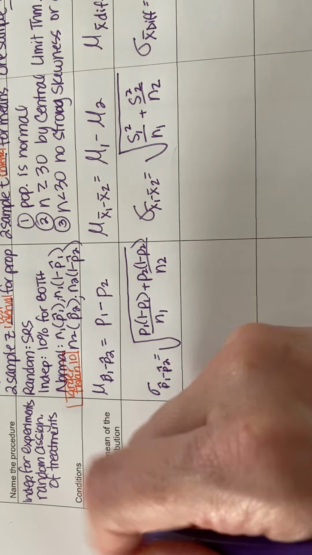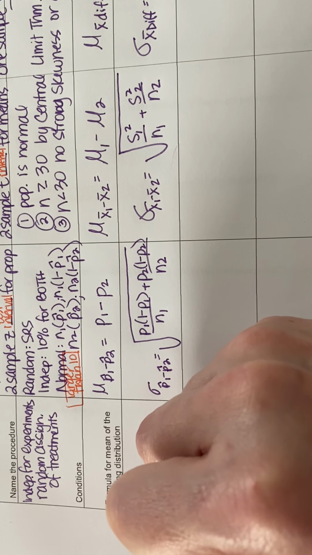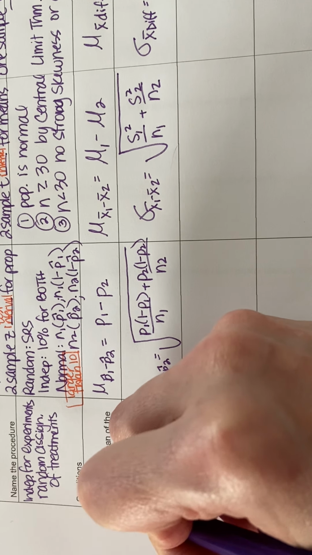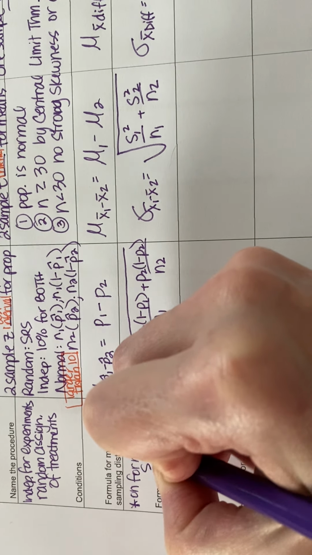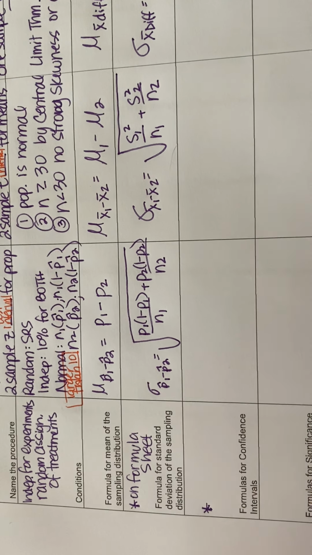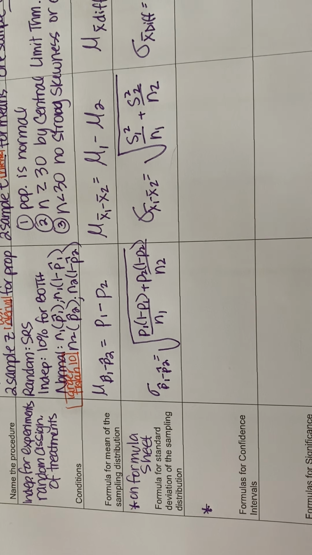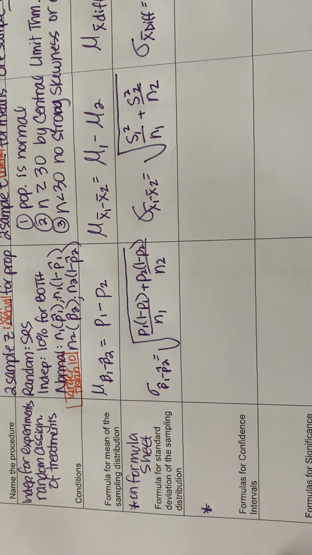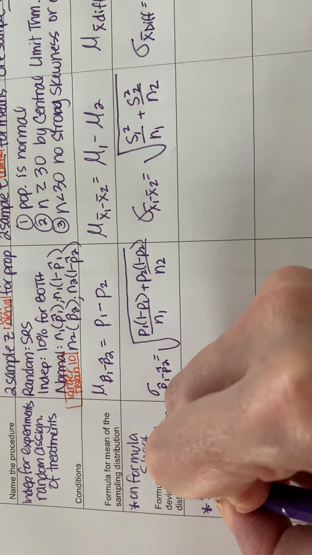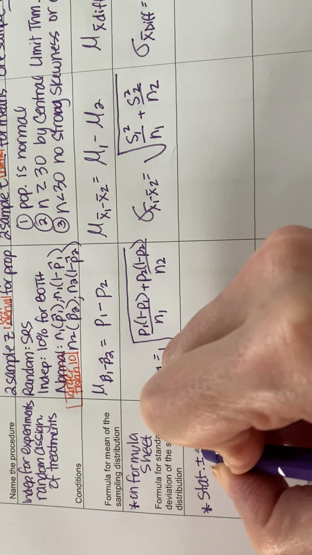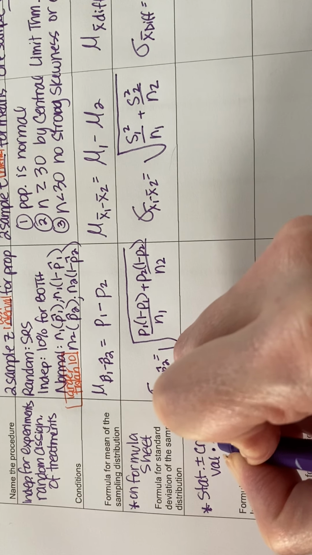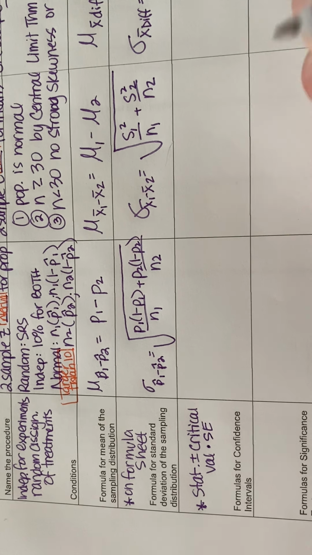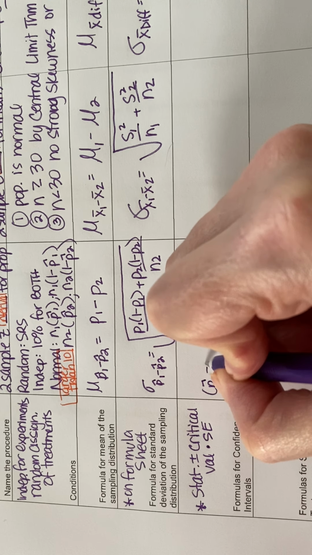Remember on your formula sheet, it's going to say, oh, by the way, all of these are on your formula sheet. And we don't have these specific filled in symbolic formulas for confidence intervals on your formula sheet. Remember, you have statistic plus or minus your critical value times your standard error. So for the confidence interval for proportions, the statistic is p hat 1 minus p hat